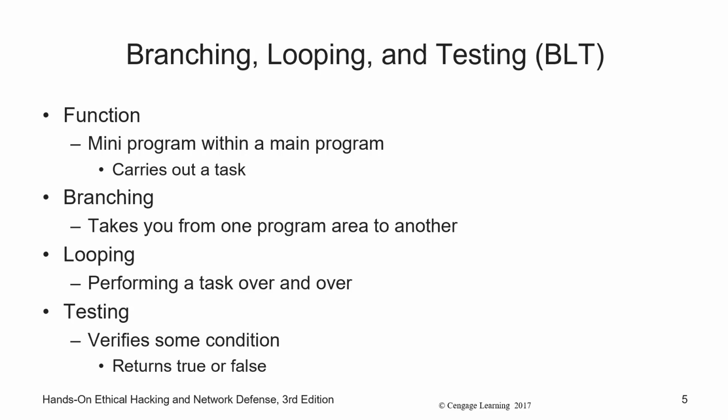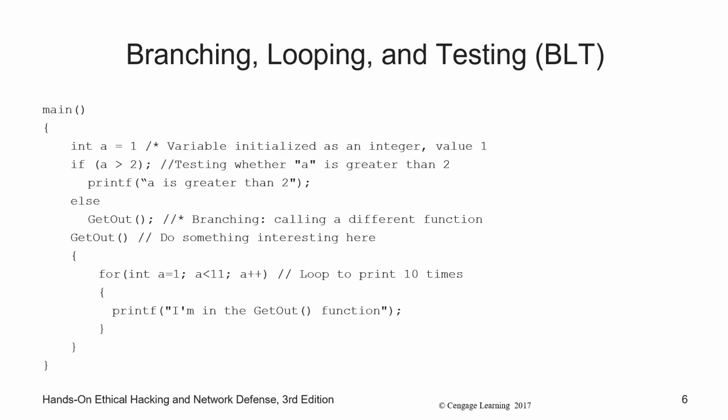Looping, as I talked about, is iteration. It's doing a task over and over and over again. Sometimes you have a counter. Sometimes maybe you have a list of objects and you iterate over each item. That's looping. And then testing, it's conditional statements. The book wants to call it testing, whatever. If this, then that. If A is true, do this. If B is true, do this. That is the concept of conditionals.